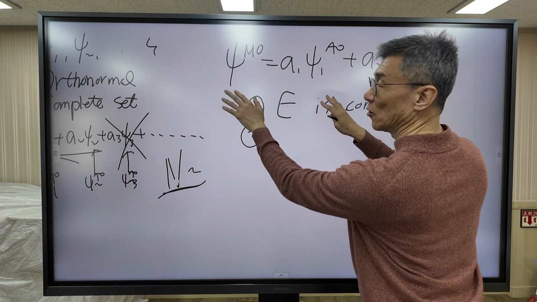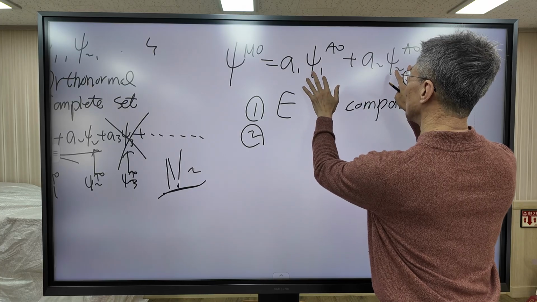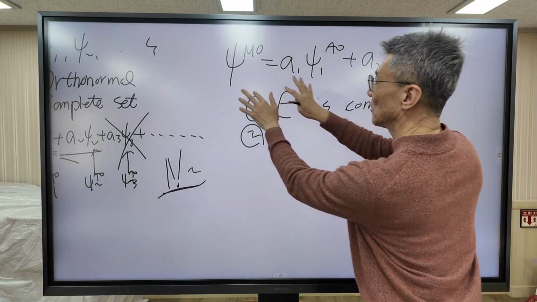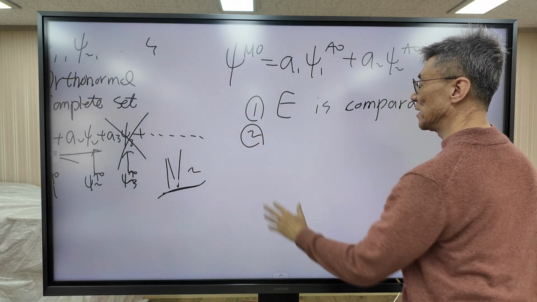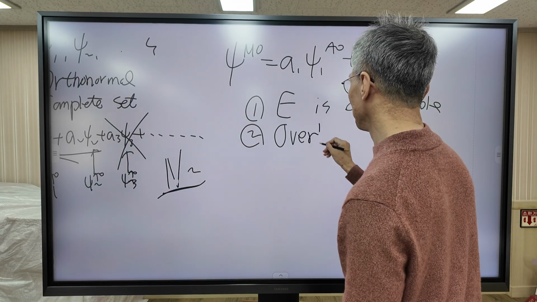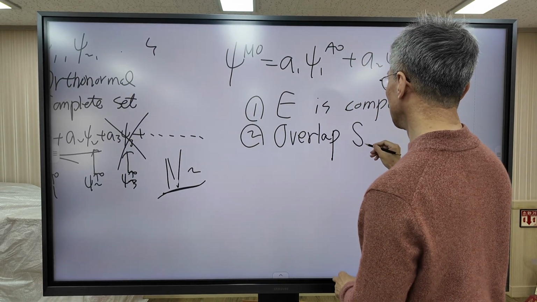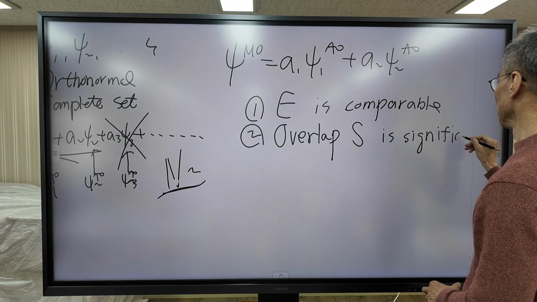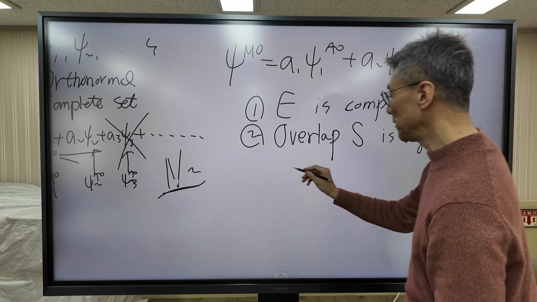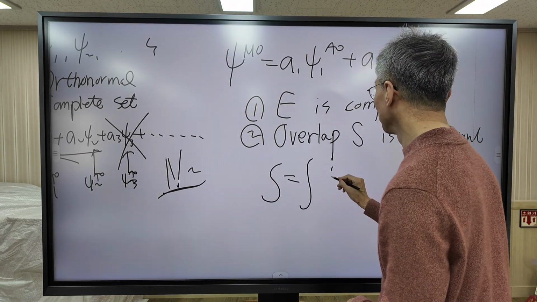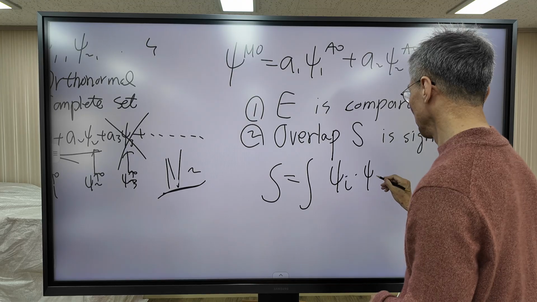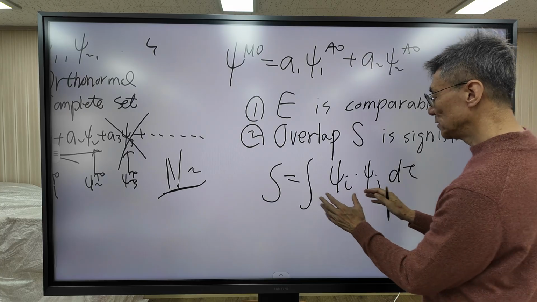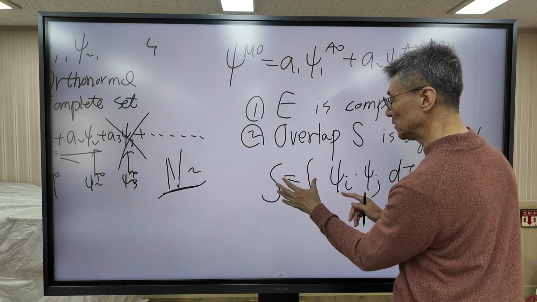To construct a molecular orbital, the energy of the atomic orbitals must be comparable. They must have similar energy to construct a molecular orbital. And the second requirement is that the overlap, which is called S, is significant. Overlap is defined as follows: simply multiply two orbitals and integrate. This is the definition of overlap. This must be significant